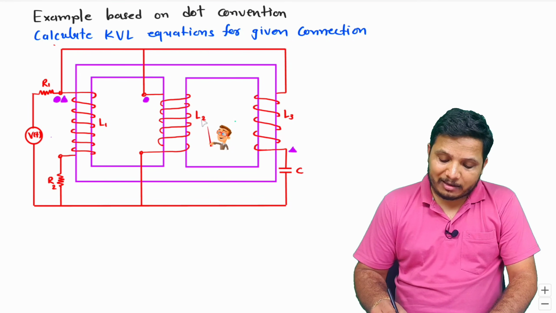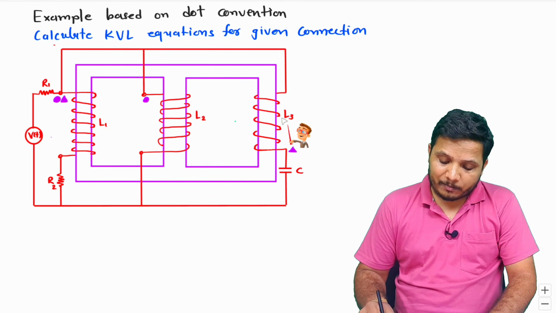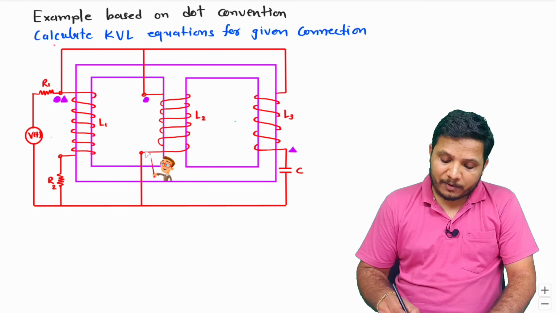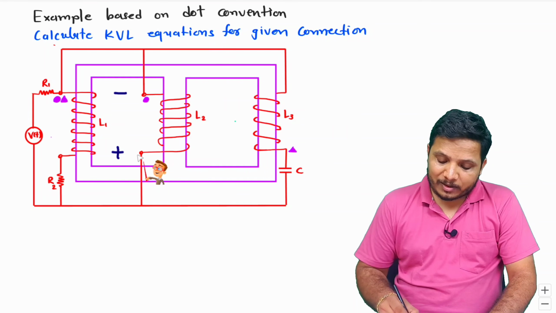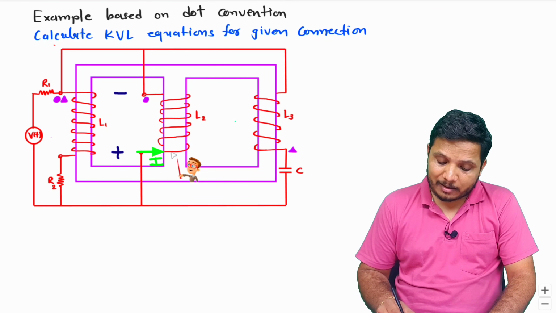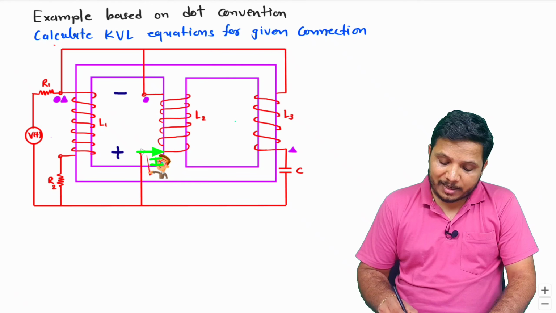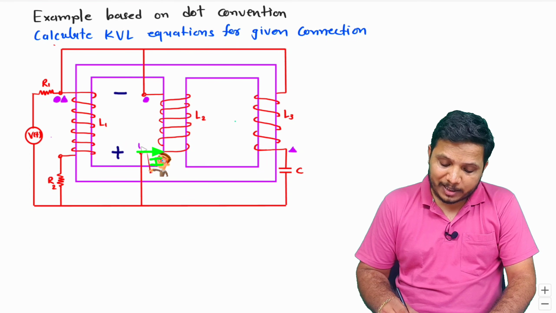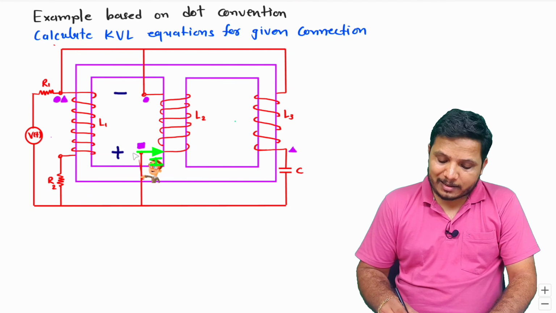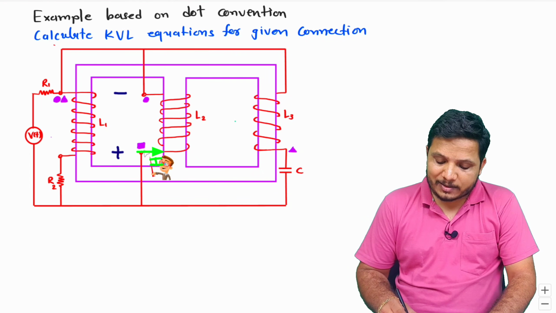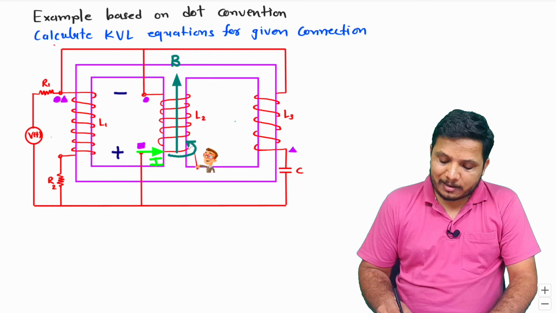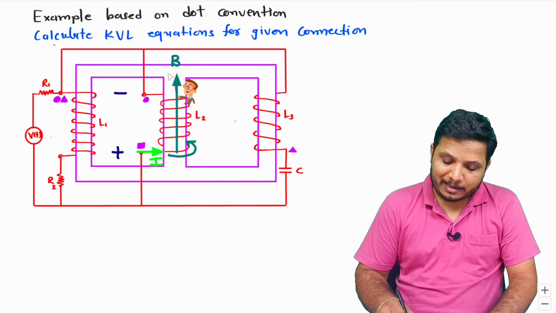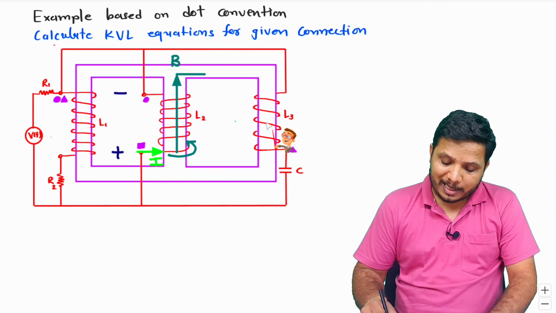Now we need to see the dot convention in between L2 and L3. Now you see, with L2, if I connect supply with the positive terminal here and the negative terminal here, then current will go inside from here. As current is going inside from here, the dot convention sign I need to place over here. And as current is going inside, the convention sign is over here, right? The finger direction is like this, so the thumb direction is in the upward direction. So the magnetic field will get generated over here like this, and it will go inside L3 like this.